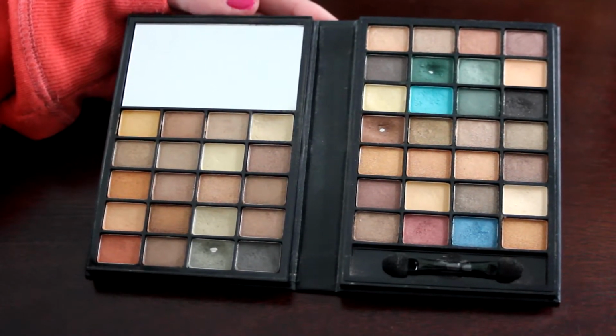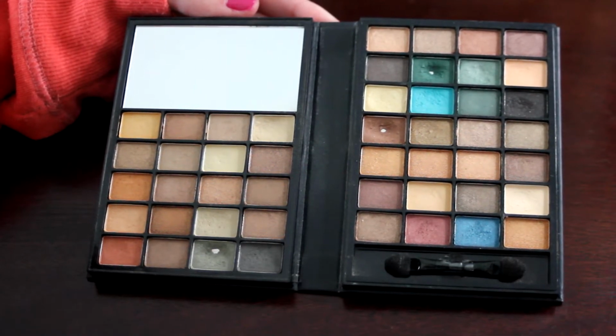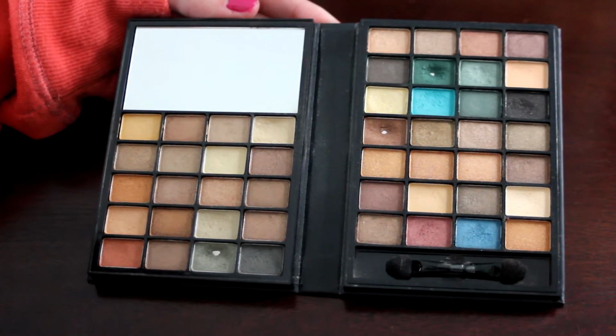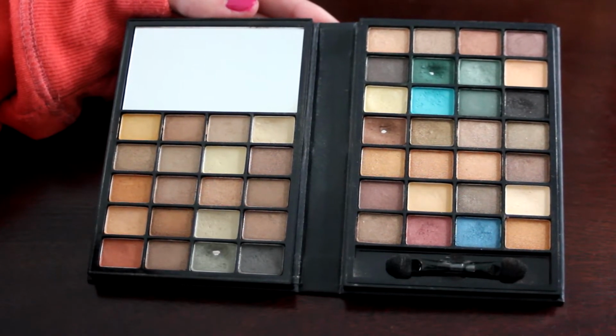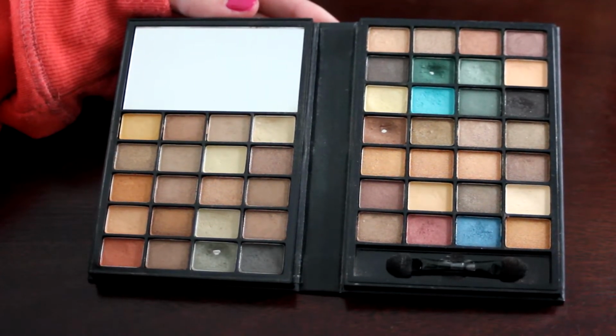because there are 48 shades in here, and a lot of them are just different tones of shimmery browns. And that just doesn't really excite me. It kind of overwhelms me a little bit with having this many shades,